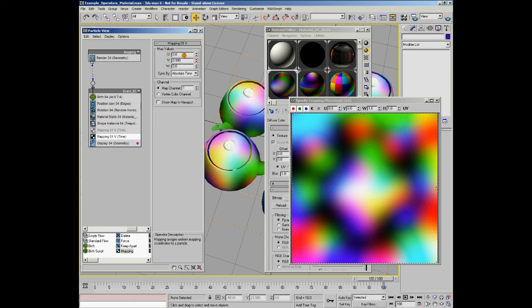I've set U to 0, which is over here, and I've set the V space, if I go back to 0, to being 0. So it starts off basically in this corner, and you can see that if I scrub the timeline, it's going to go up, and it's going to go all the way up to 0.999 again. And 0.999 in this case in V will be up